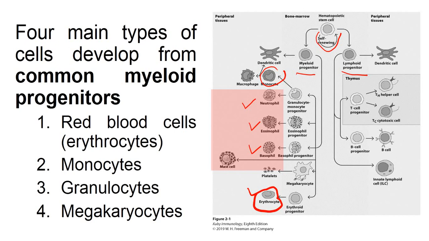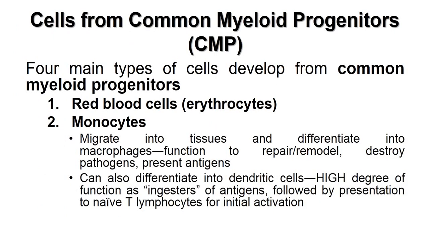Further, the mast cell also develops from the common myeloid progenitor. Okay, mast cell has several granules. Now what we would do, we would like to see each of these cells in detail. So which are the four main common myeloid progenitor? You have the red cells, erythrocytes, the monocytes. When you talk about monocytes,